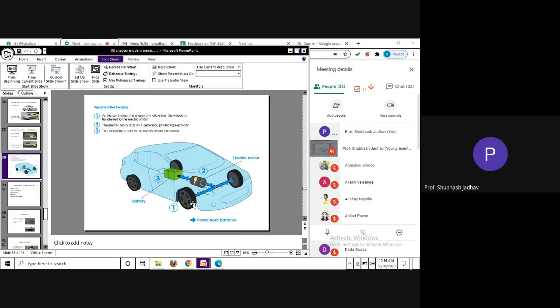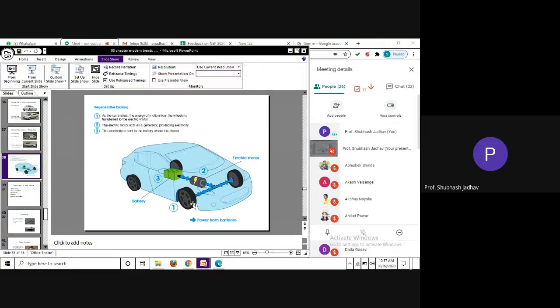So instead of converting the kinetic energy into heat energy, we will take that energy and, whenever brakes are applied, we will couple the wheels with the motor, and now the motor will absorb that energy from the wheels. Instead of converting the kinetic energy into heat and wasting it, we are now utilizing that kinetic energy to run the motor, and the motor is run to produce electricity, and using that electricity the battery